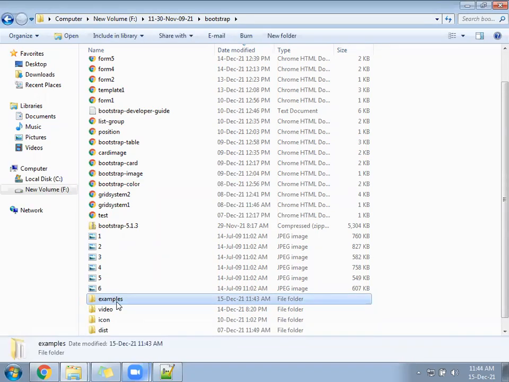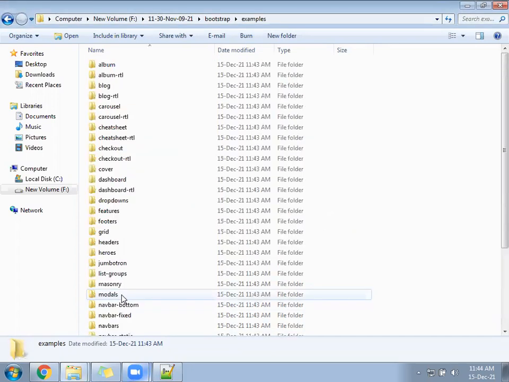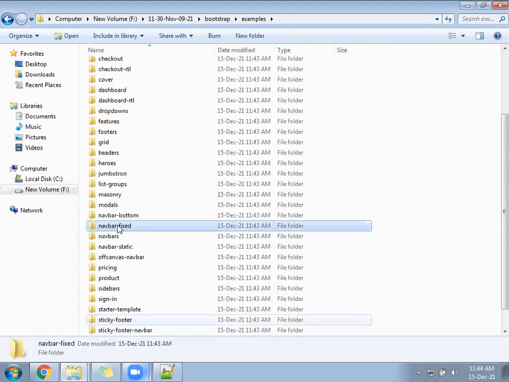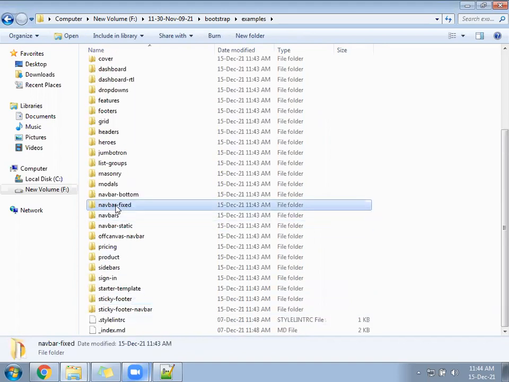Now come under the example folder. Under the example folder, we have a folder called navbar fixed.